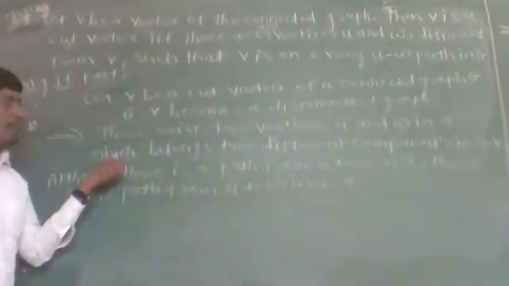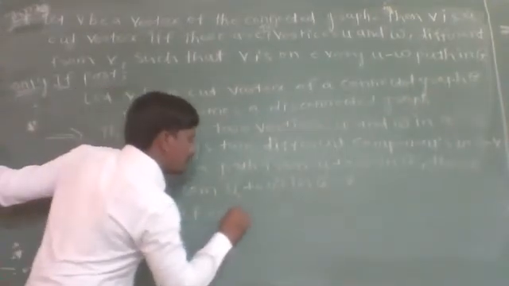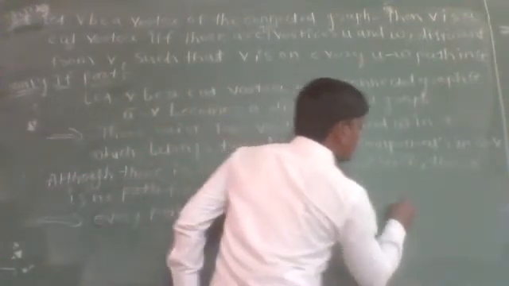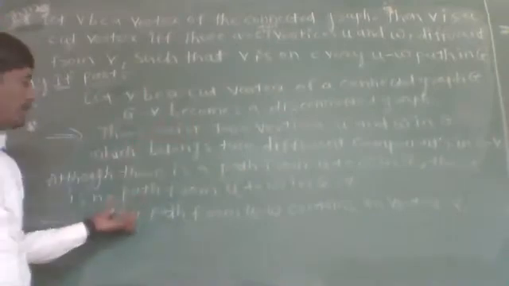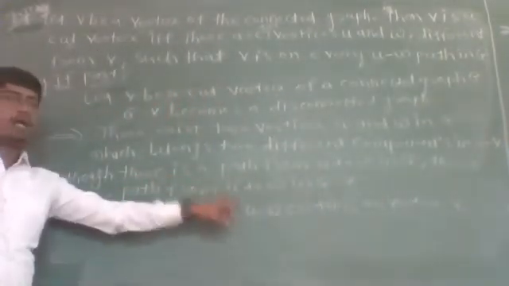So, as G is a connected graph, there is a path from U to W in G. But since U and W belong to two different components in G minus V, there is no path from U to W in G minus V. This is due to our deletion of vertex V. Therefore, we can conclude that every path from U to W contains the vertex V. Since if we remove vertex V from graph G, then there is no path from vertex U to vertex W, V is the vertex which belongs to every path from U to W, and this is what we had to prove.